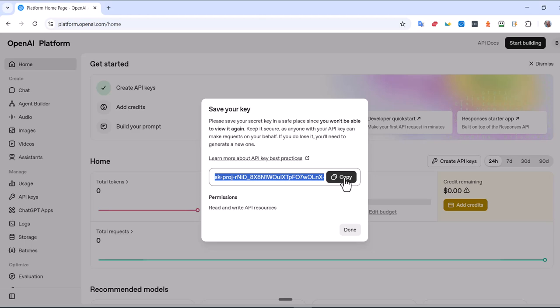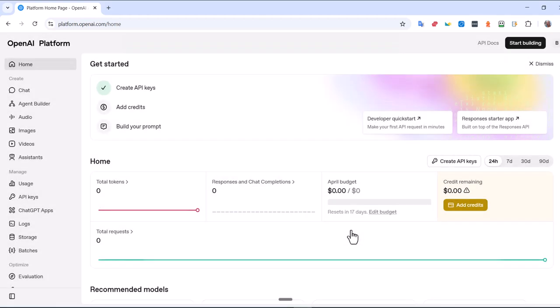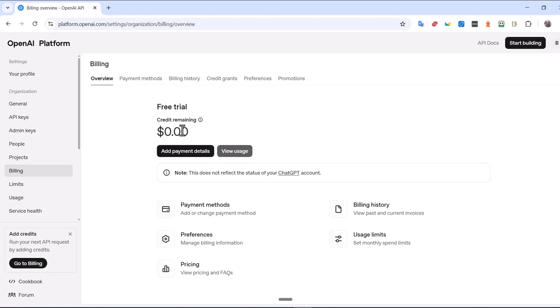Okay, so now we've got our key. I'm not going to copy that one. Next thing, add credits. So you go to that and you may get some credits already in there as a free trial. I don't know what they're doing at the moment with that, but you need to add some payment details in there. You can choose whichever payment method you want, and you need to put at least $5 credit